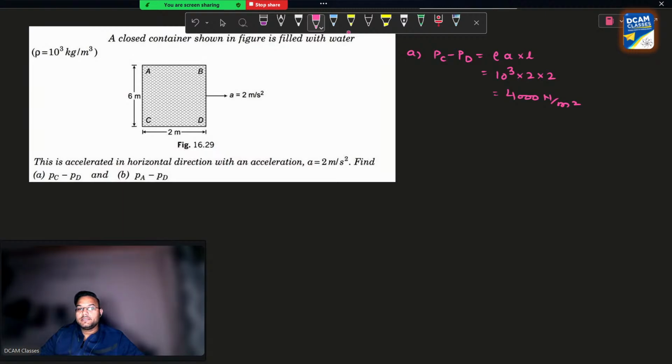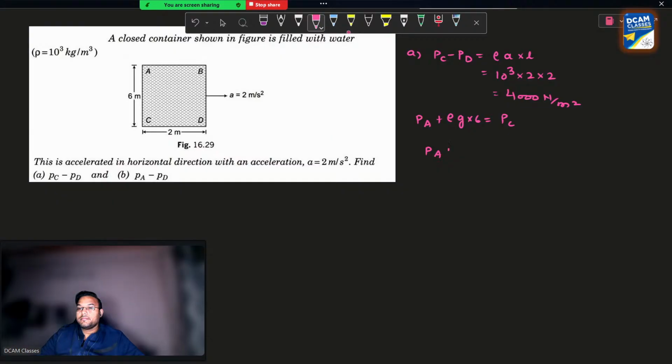You have the relation now. See, PA plus rho into G into 6 meter is equal to PC. They want PC minus PA minus PD. So just put this value in the above equation. You'll get